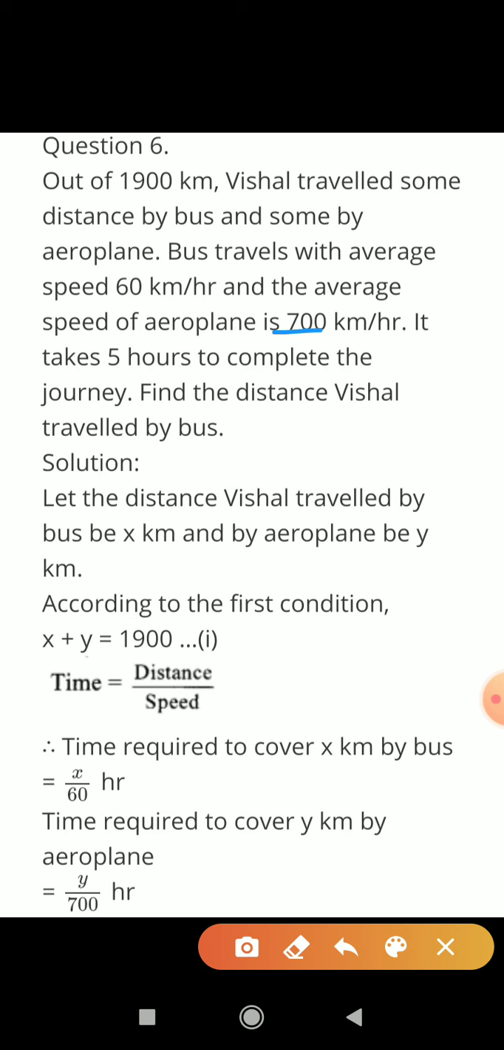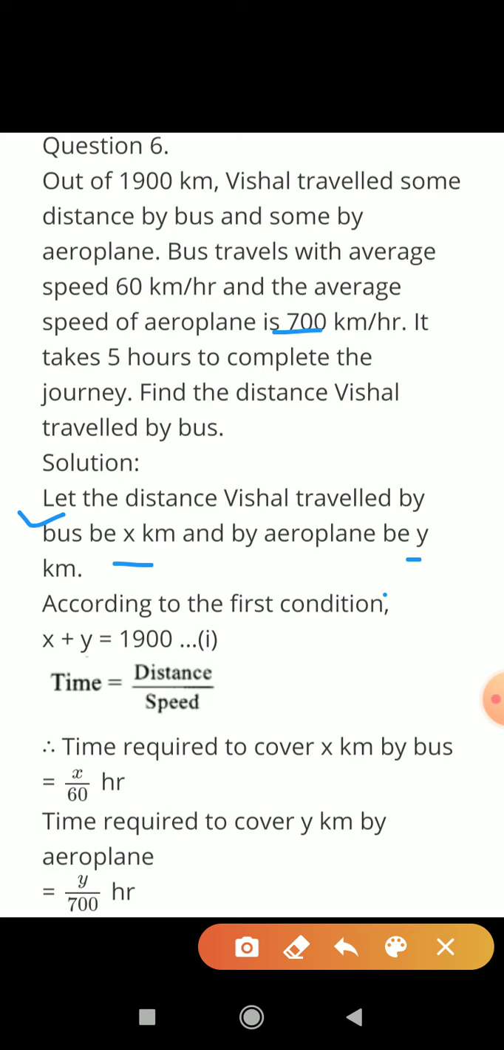Okay, so in this question we understand that two conditions are given. First, the total distance we shall travel is 1900 kilometers. Some of this distance we shall travel by bus and some distance by aeroplane. So this should be our first statement, the distance traveled by bus and the distance traveled by aeroplane. We consider those as x and y. So here we consider, let the distance we shall travel by bus be x kilometers and by aeroplane be y